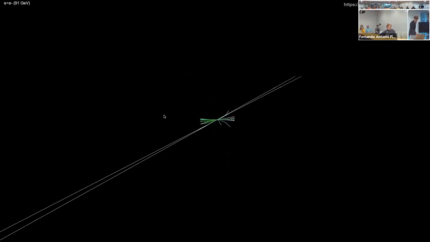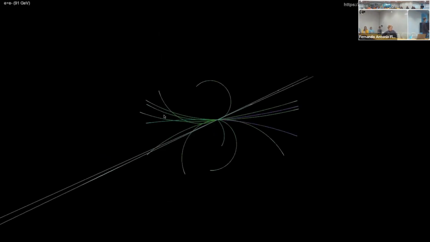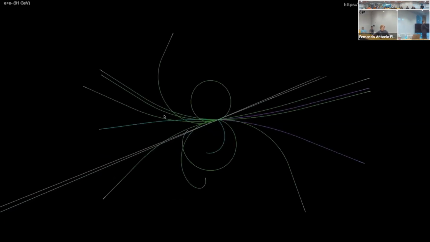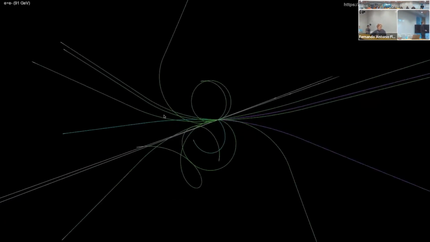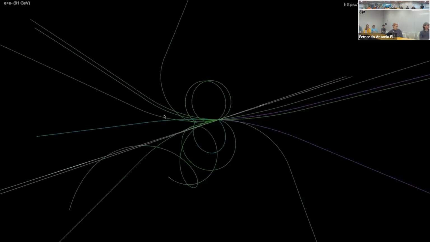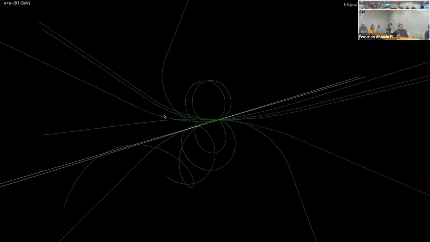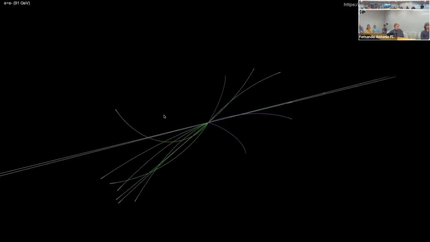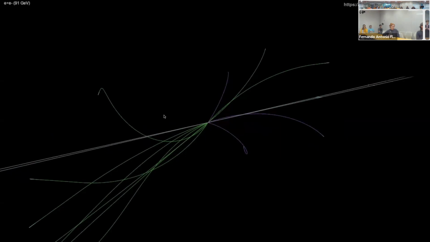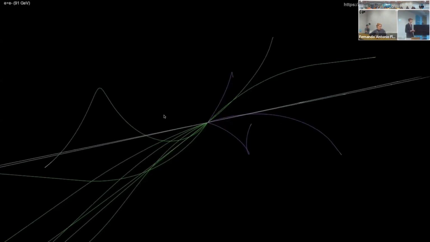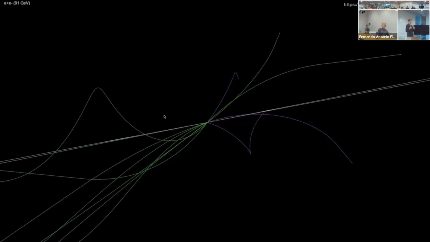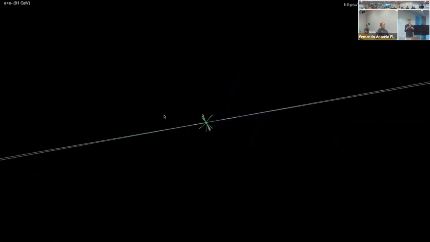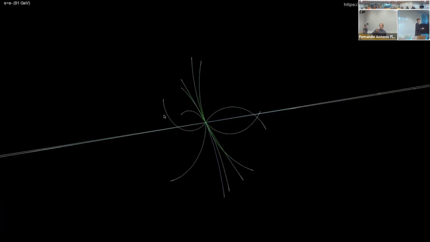So here's an example of what electron-positron collisions look like. You'll see that compared to heavy ion collisions, they're much simpler. Many fewer particles. And you can see clearly you have one jet going that way and one jet going that way. That corresponds to the two quarks in the initial state, right? There's another collision, you can see one jet going that way, one jet going that way, right? So these are much more simplified compared to heavy ion collisions and even proton-proton collisions. So this is a nice way of validating our understanding of QCD at a very basic level.